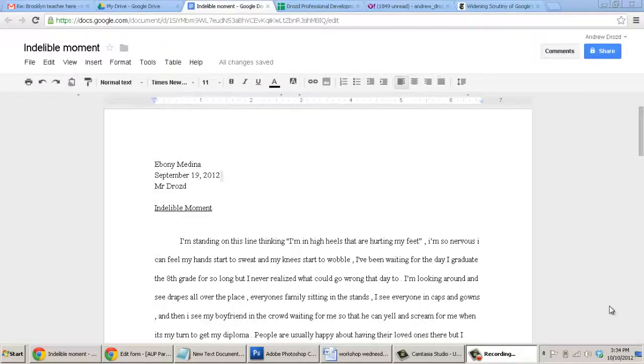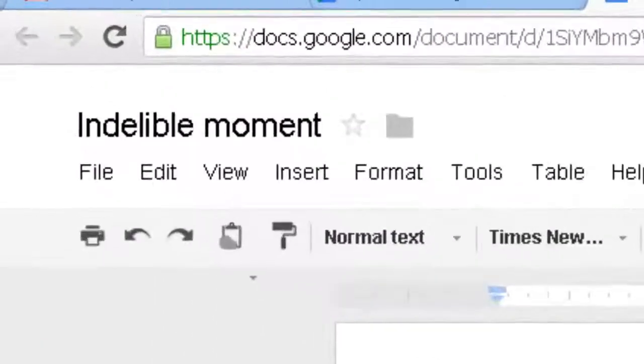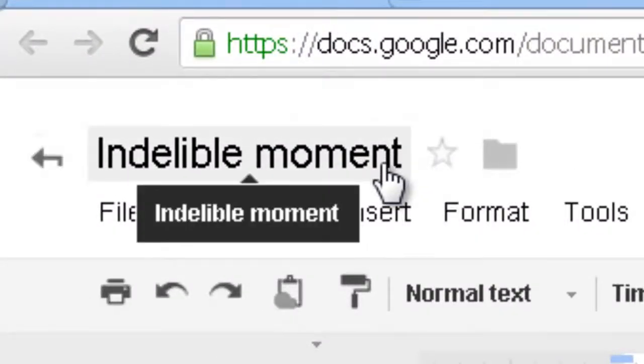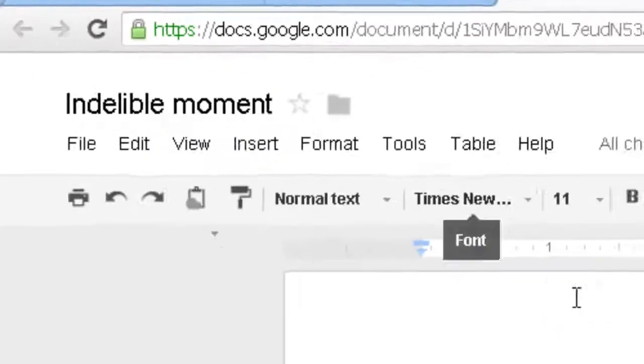How can we format an essay or research paper appropriately using Google Docs? First and foremost, we're going to want to label the document appropriately. I can see that this assignment is called Indelible Moment, and it's titled right here. Next, we want our name, date, and teacher name, single space in the upper left-hand corner. We're going to then skip a line, and here's the name of the assignment once again, and I can see